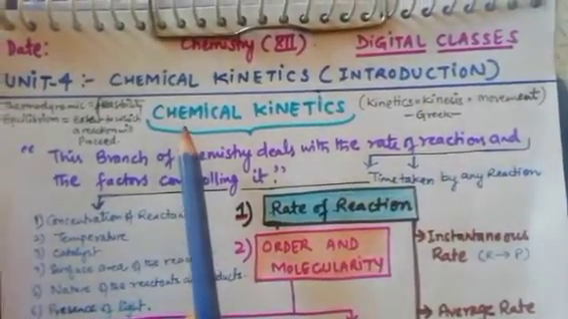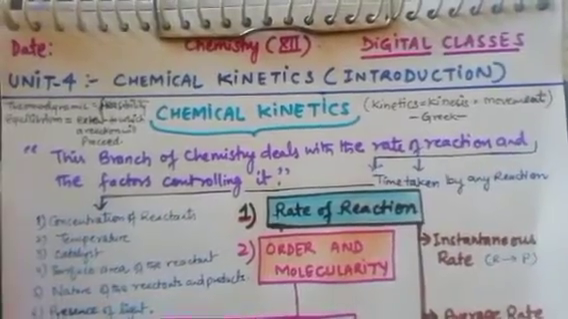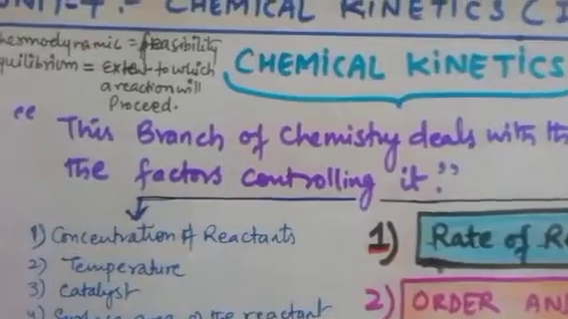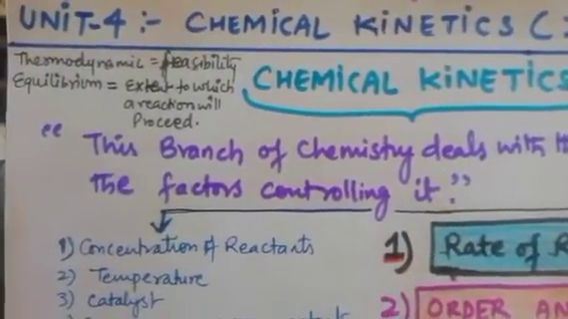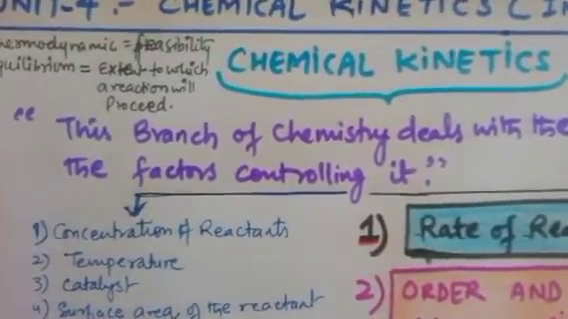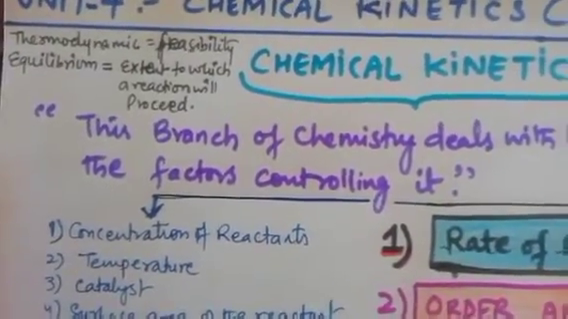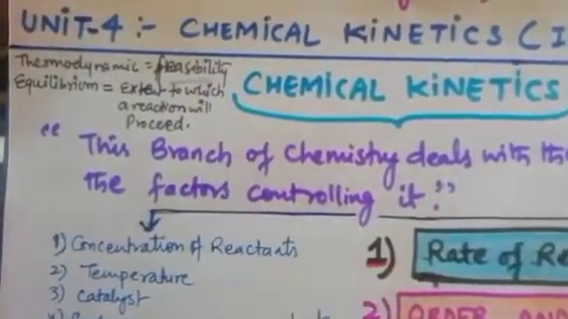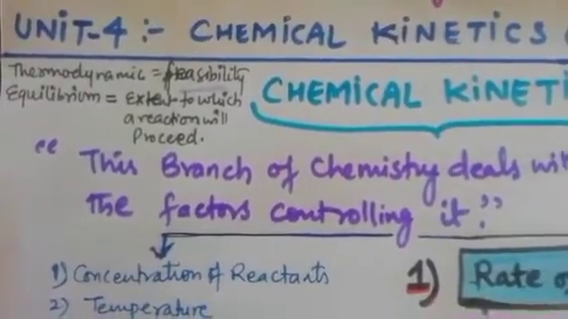Before starting the introduction of chemical kinetics, let me tell you some important things that you should know in chemistry. Chemical reaction. You know very well about chemical reaction. You studied it in 10th class also. Everything that is changing and forming a new substance is called a chemical reaction. So the feasibility of that chemical reaction, meaning whether the reaction is going to occur or not, is going to happen or not,